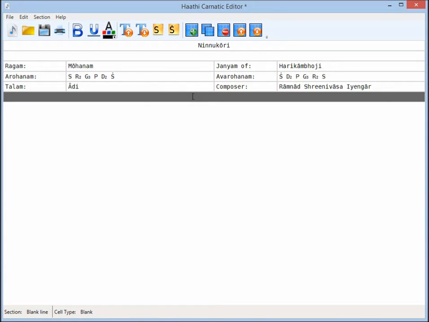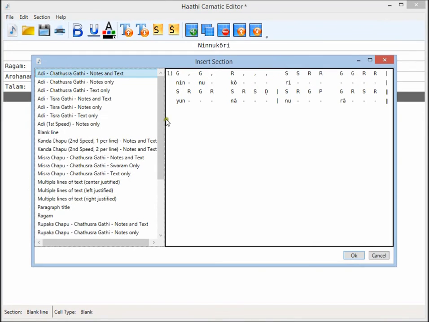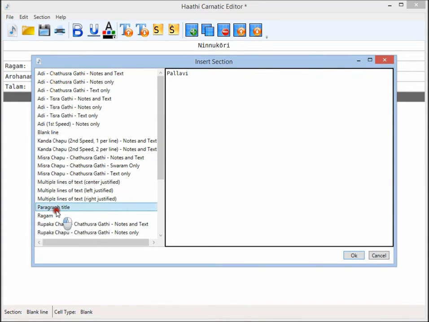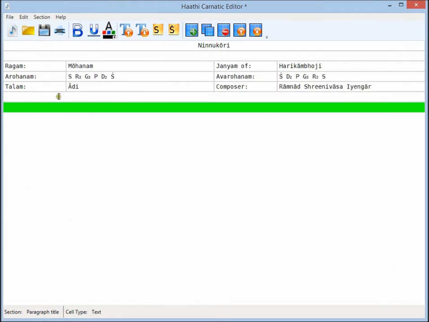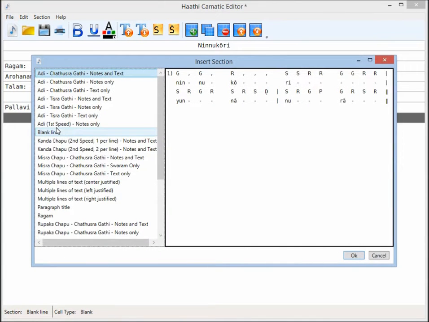And then I'm going to press Ctrl I to insert a section. I'm going to add a paragraph title so that I can call my paragraph title Pallavi. And then again, I'm going to insert a blank line of space, and then I'm going to go ahead and